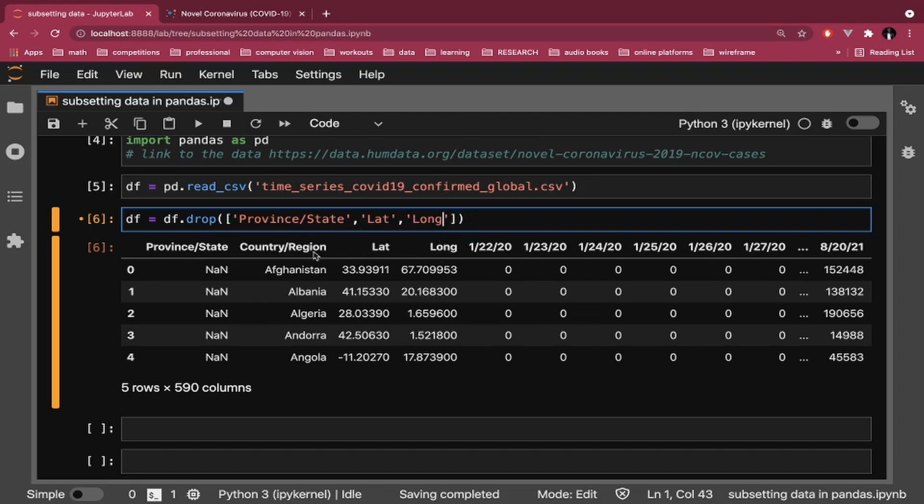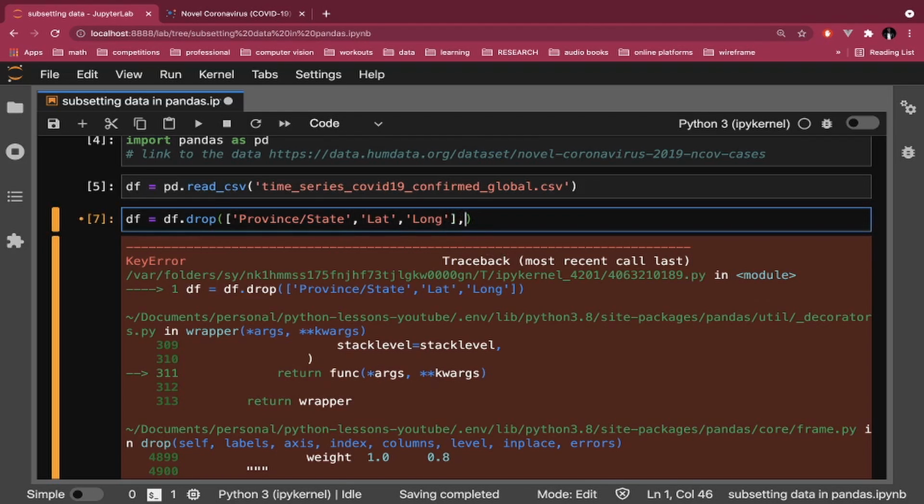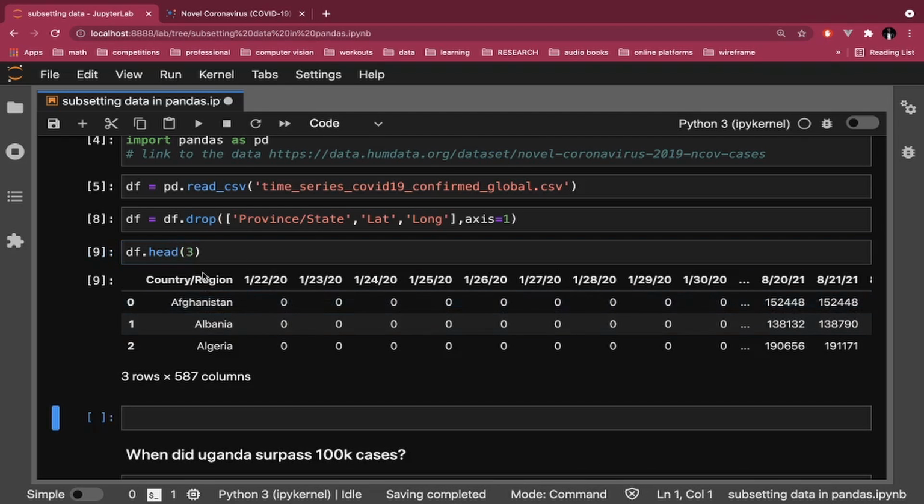So when I run this, yeah, I have to specify which axis. Am I dropping rows or am I dropping columns? I'm going to drop columns, so I'll say axis equals 1. So our new data frame is looking like this. Yeah, so we have removed the other columns that we didn't want, but